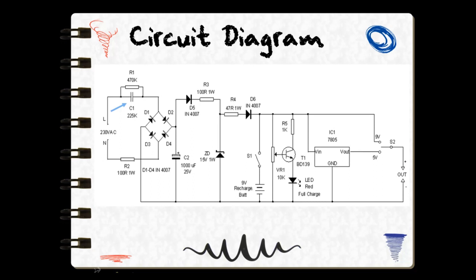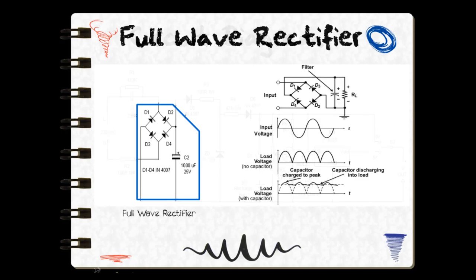The capacitor is an X-rated 400 volt AC capacitor that reduces the 230 volt AC to low volt AC through the reactance property. Resistor R1 in parallel bleeds the stored current from C1 when the power is disconnected, and resistor R2 reduces the inrush current into the circuit at power on. Low voltage AC is then rectified by the full wave bridge rectifier comprising D1 through D4. Rectified AC is then made ripple free by C2 for charging the 9 volt rechargeable battery.